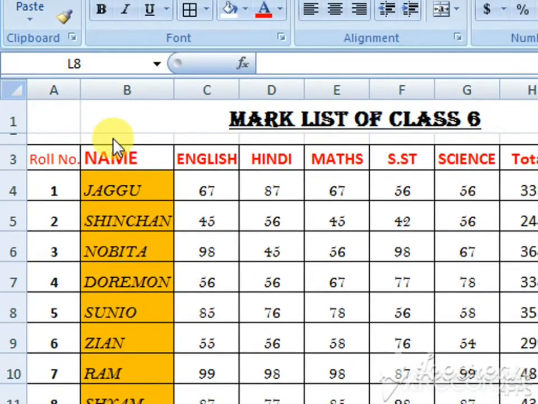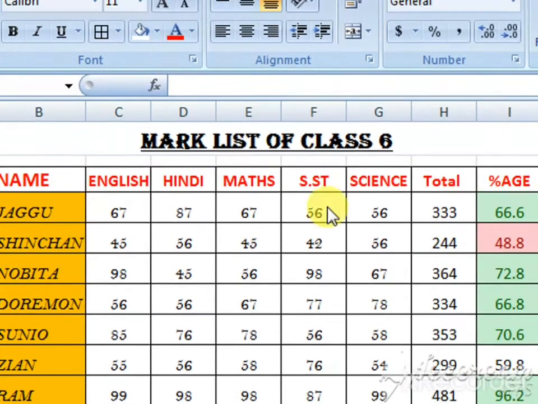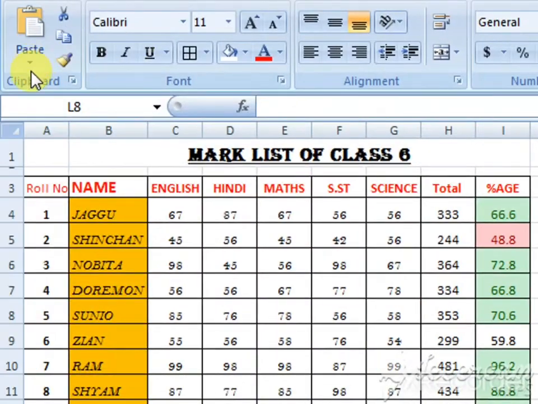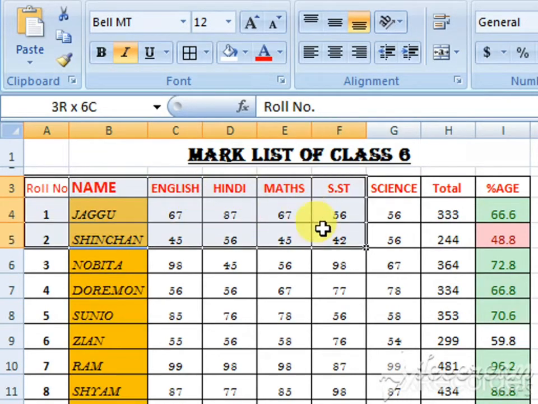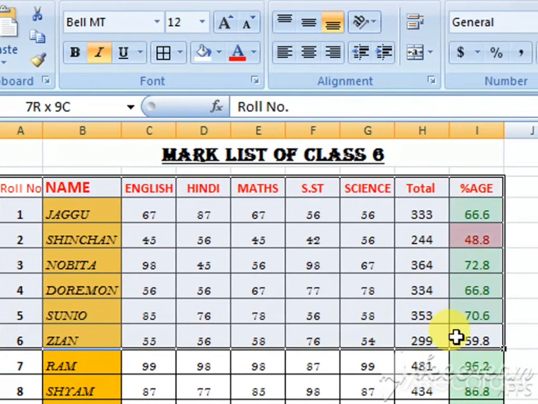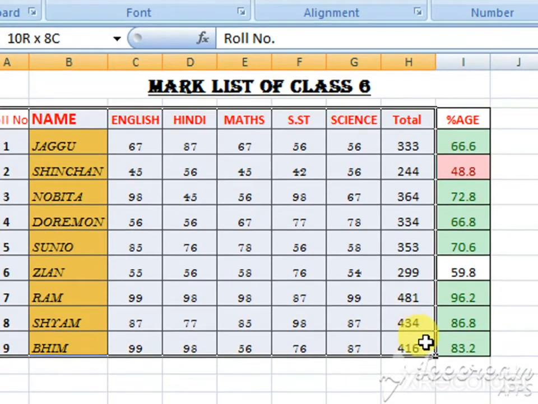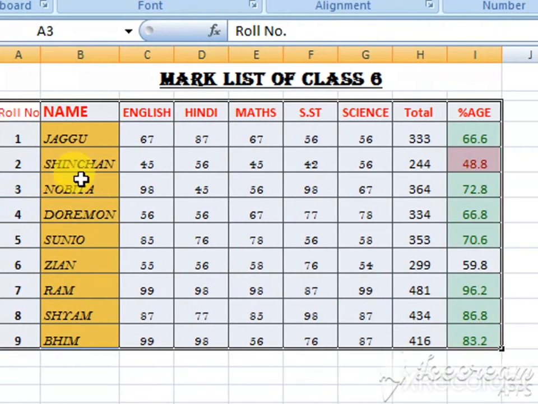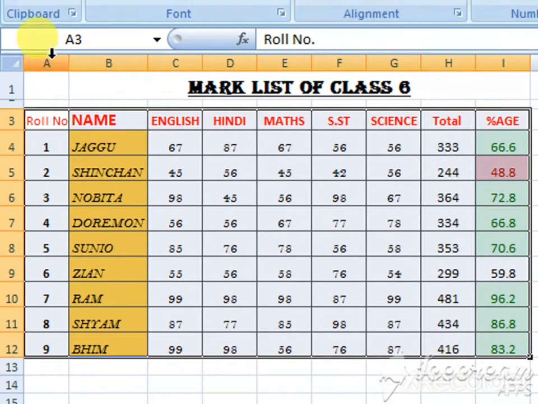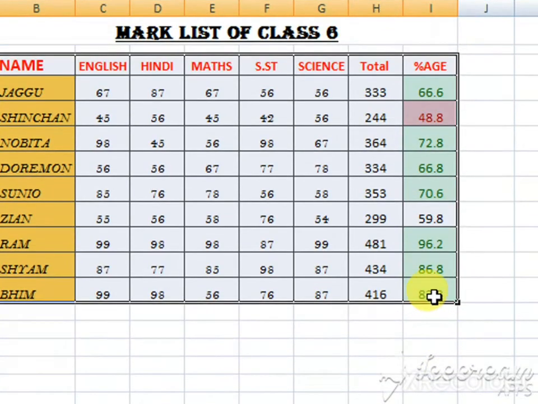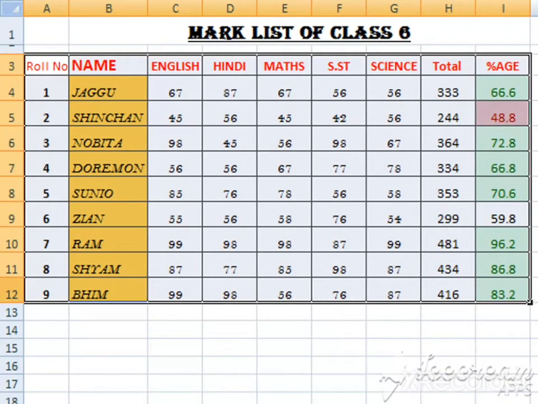Okay, now see here, first of all, select the whole area where you want the formatting to be done. Like this, I've selected the area from A3 to I12. Okay.